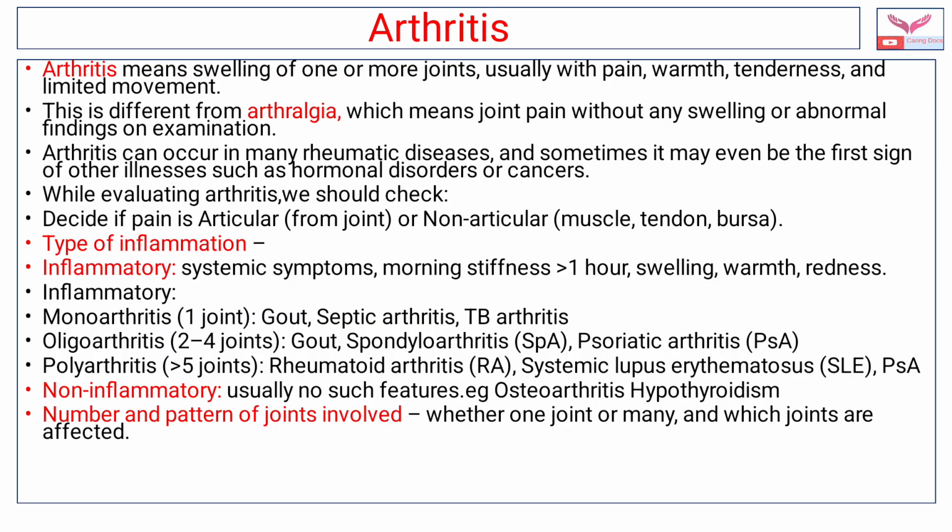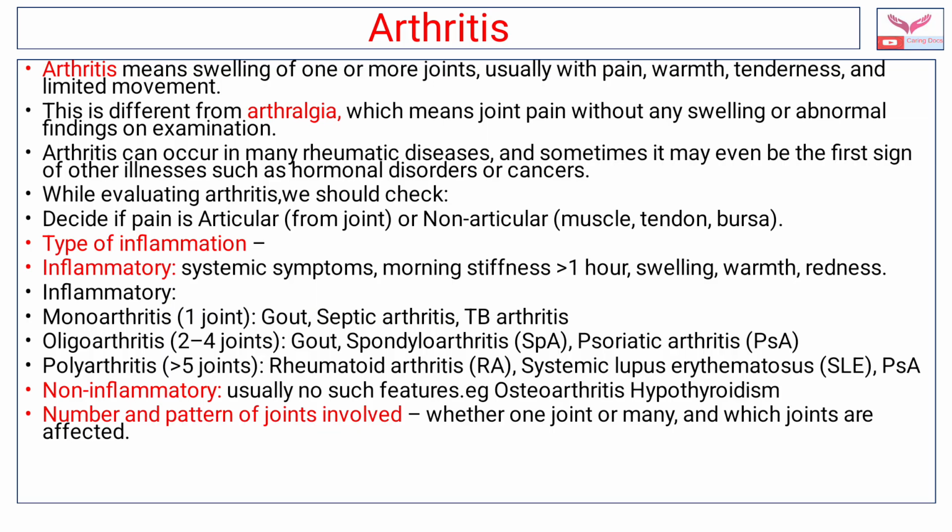Articular means the pain originates from the joint, while non-articular pain originates from the muscles, tendons or bursas. We have to look for the type of inflammation, whether the pain is of inflammatory or non-inflammatory origin. Inflammatory means the patient has systemic symptoms, morning stiffness of more than half an hour to 1 hour, swelling, warmth, redness. And inflammatory arthritis is further categorized as monoarthritis when it involves only one joint, as seen in